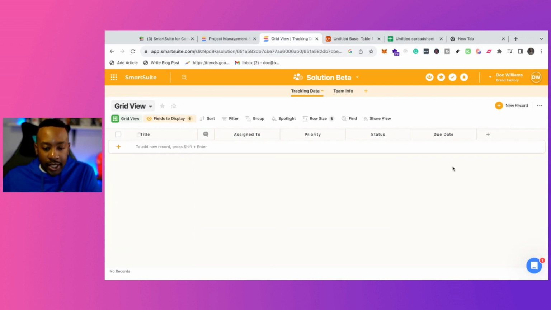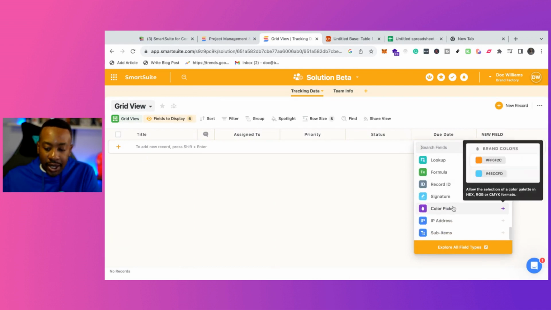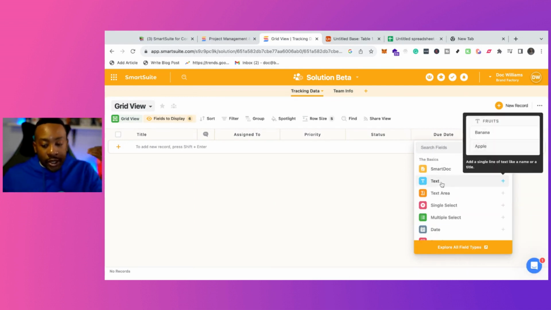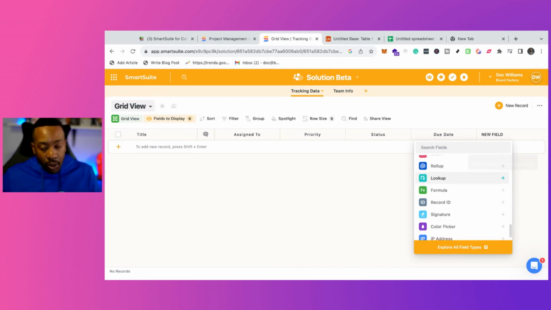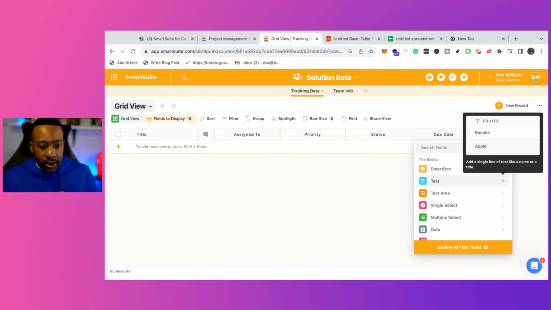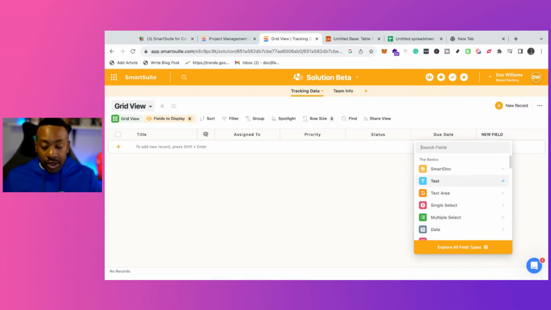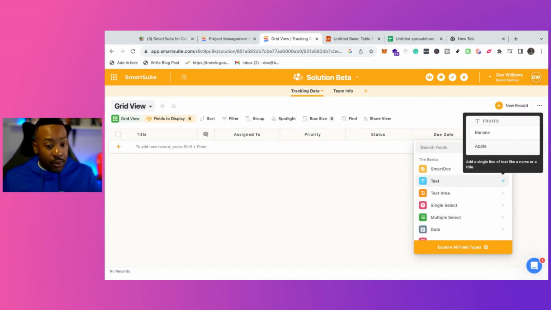For when we're in SmartSuite, if we click, we can add a new field. And if we look at this, we can have over 40 different fields for SmartSuite. And we'll go into more videos of how powerful they are. But simply put, depending on what you're trying to create, you can do tons of things with SmartSuite in